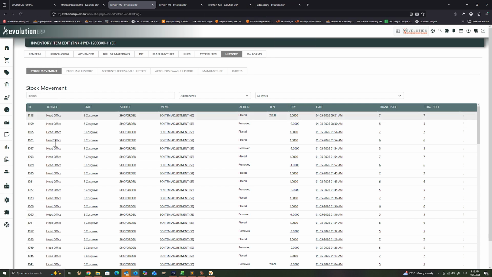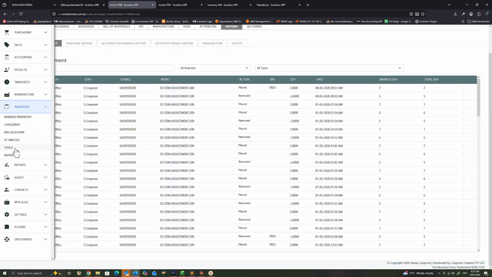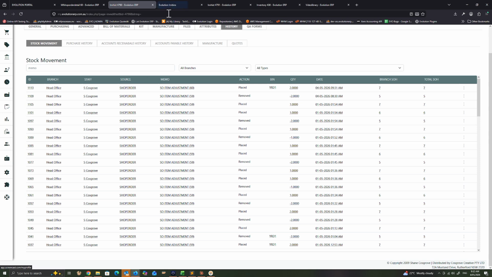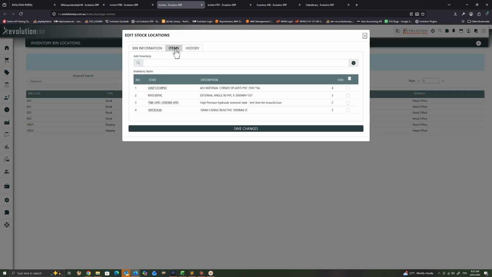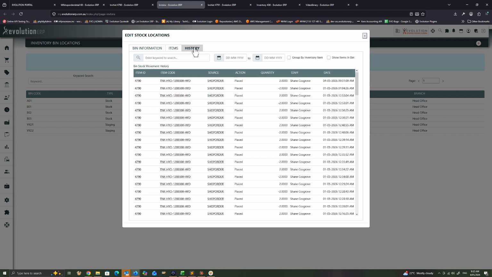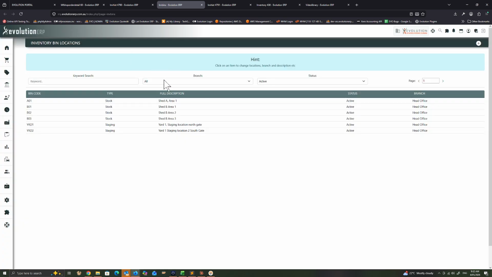Now, if we head to the bin, we can see that inventory. We can go to bin locations, go to yard 1, go to the item, and we can see we've got 2 of these in this bin location. And if we go to the history, again, we can see that they were placed in there via a shop order. So that's a quick rundown of creating a fabrication order or a shop floor order, allocating